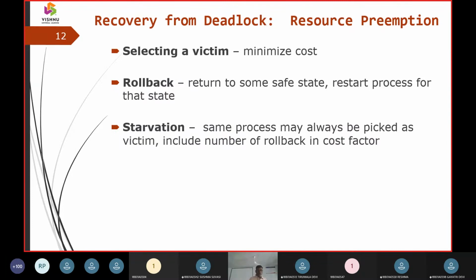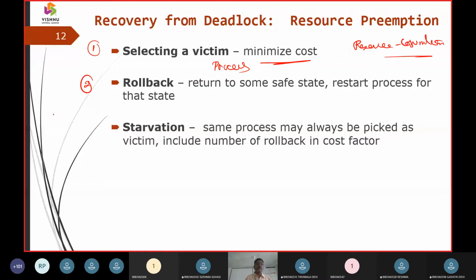Okay, how are we going to make a recovery for a deadlock? One, we select the victim. The victim here is nothing but a process, and we look at how much usage it has taken. The resource consumption we call the cost factor here. Whether it has optimally utilized the resources or not determines what we take up, and we call this selecting a victim.